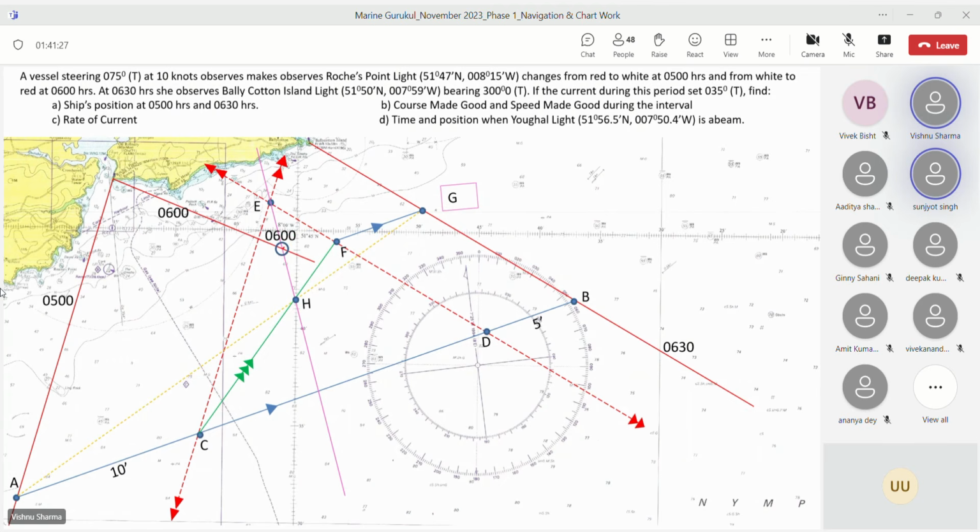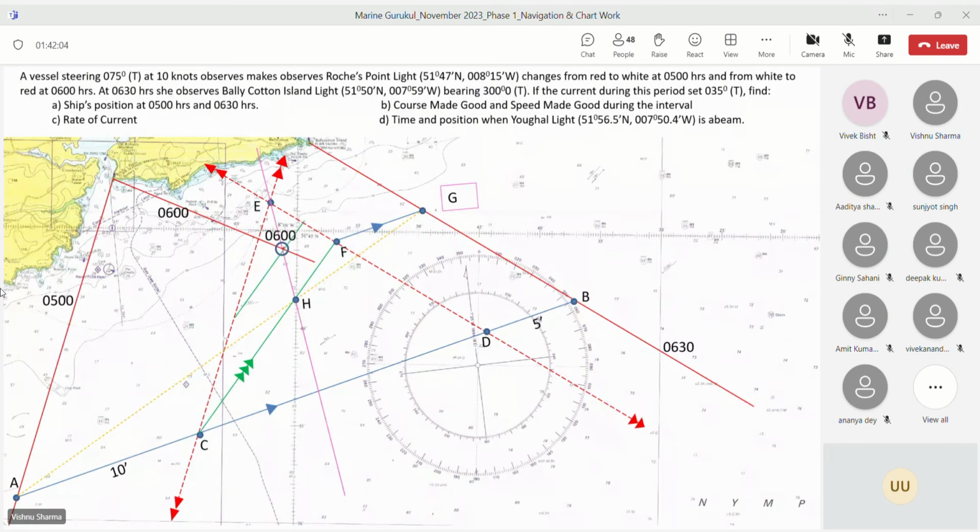Set. So the direction of the current, draw it through the 6 o'clock fix and draw it between the transferred PLs. Transferred PLs means what? First PL transferred and third PL transferred, correct? Is it clear now? Anybody, if not clear, please let me know. Clear, sir. You put your parallel ruler on the set direction 035, slide it to that fix of 6 o'clock and draw between the two transferred PLs. Right, beta? Now it's clear, I hope.